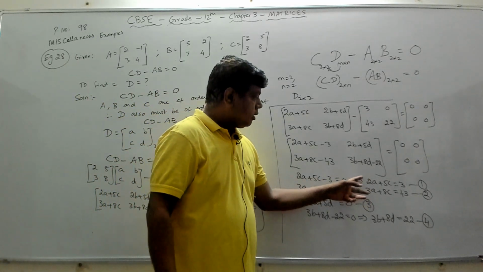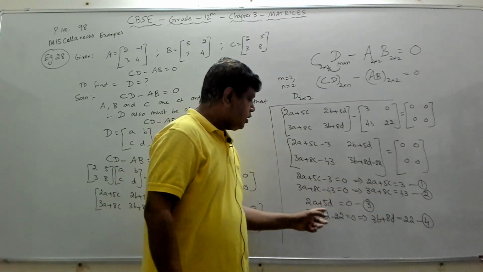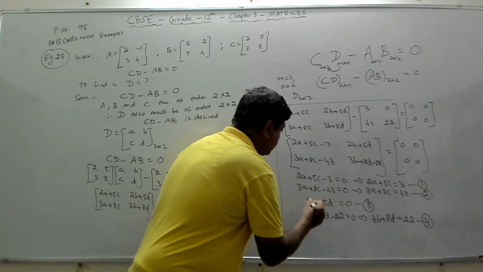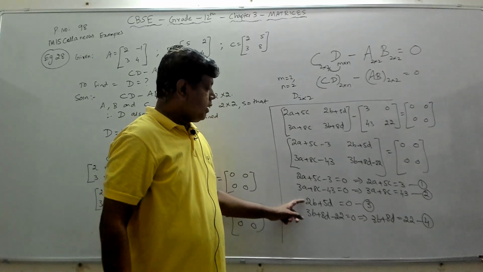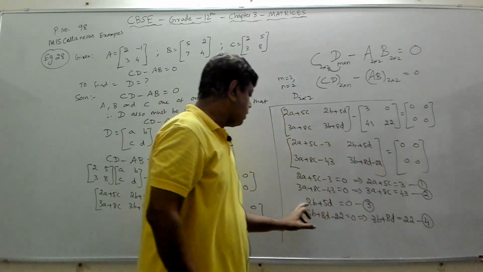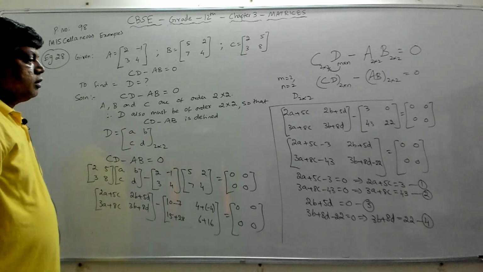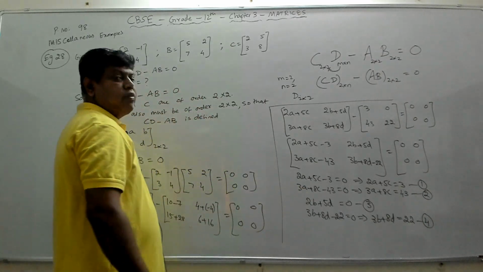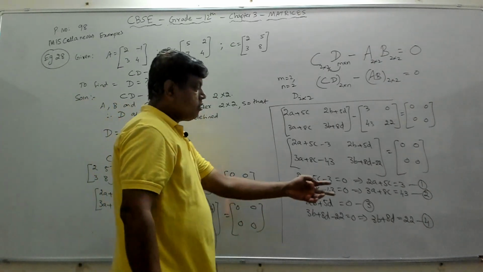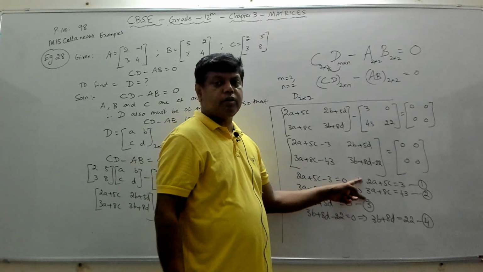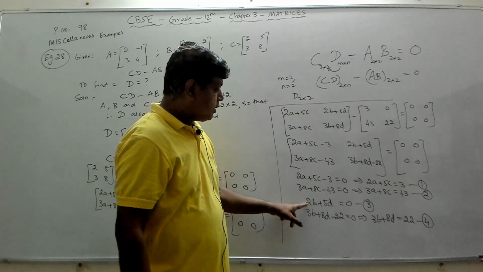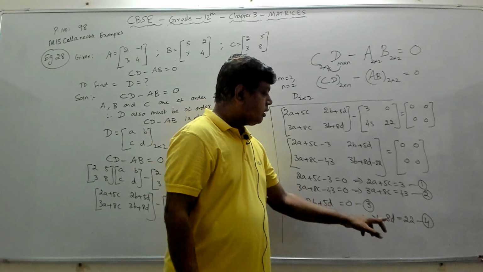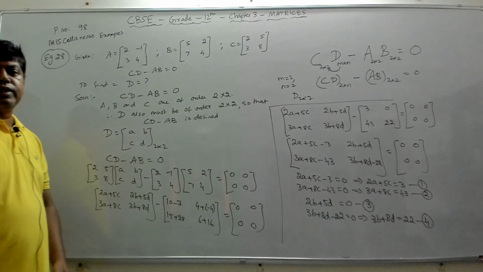Now if you observe, these two equations have a and c. These two equations have b and d, 2b plus 5d equal to 0, that is this. Now we have to solve 1 and 2 and find the value of a and c, and then solve 3 and 4 and find the value of b and d. These are linear equations in two variables. We can solve them by the elimination method. Again, for these two equations, use the elimination method and find the value of b and d. Here you solve and find the value of a and c.